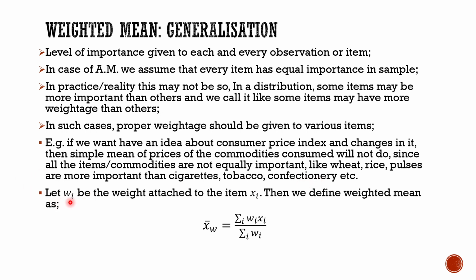What we do is we give accordingly the weightage, and we attach these weightage to particular observations, and we define this as weighted mean. So weighted mean can be calculated using this formula, where in place of Fi we have Wi, meaning the corresponding weight to the xi's.